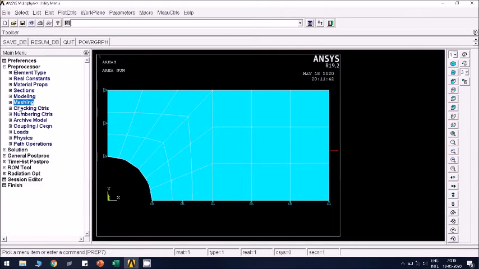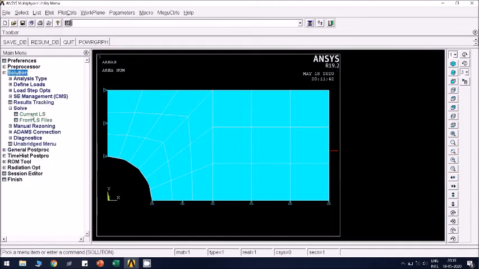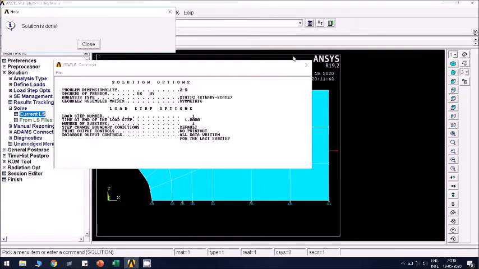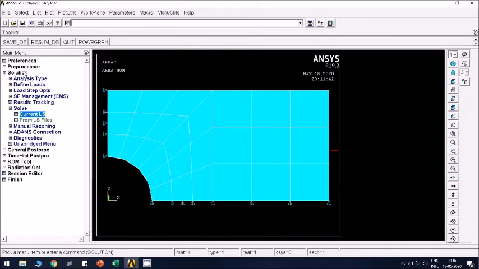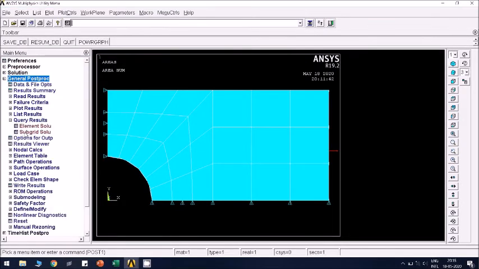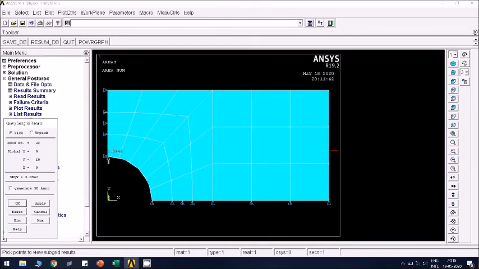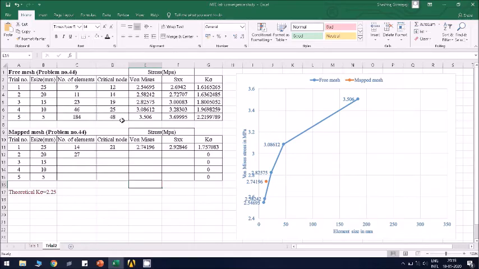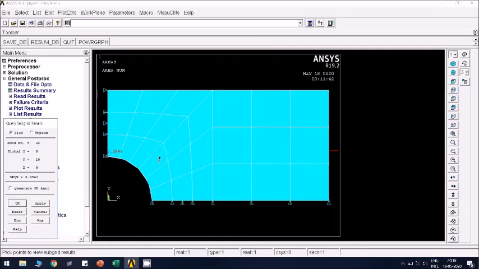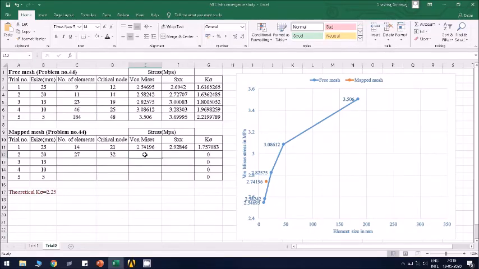Next we'll solve this problem. Current load step, OK, close. Go to general post processor, subgrid solution. First von Mises stress we'll see, click OK. Record von Mises stress of this critical node. Node number is 32 now. 32, and von Mises stress value is 3.0946,